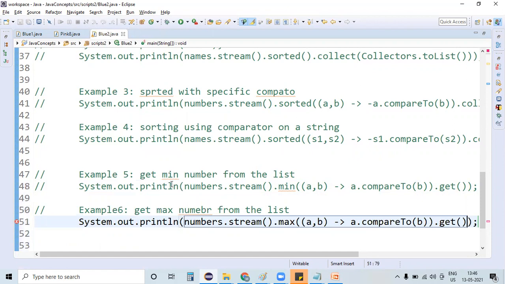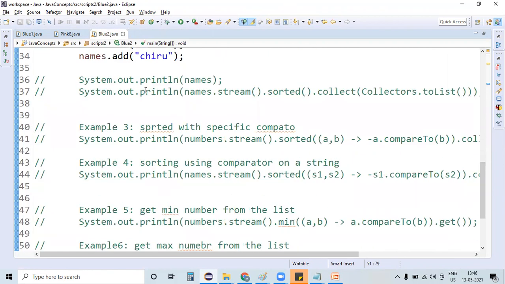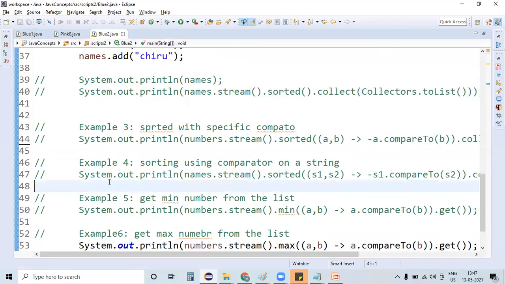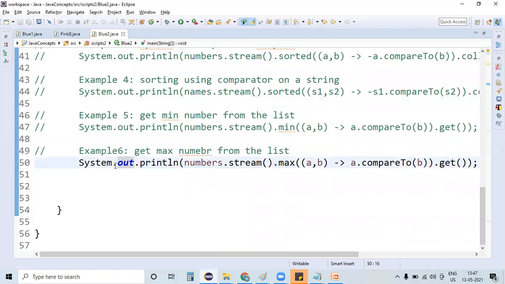As of now, whatever operations I'm performing, I'm directly printing to the console. If you want, you can store it in a list or in an integer, based on the data types you are getting. For now, I'm just printing that information.